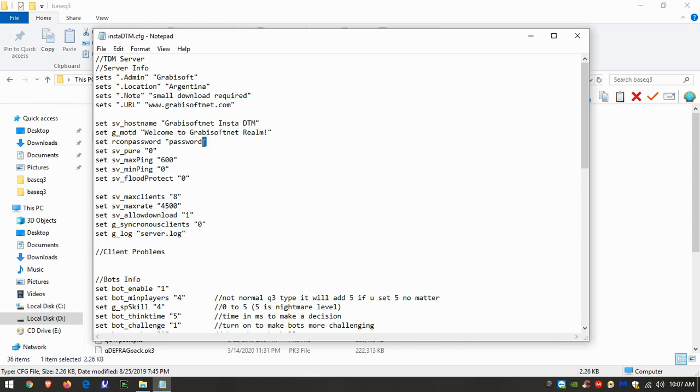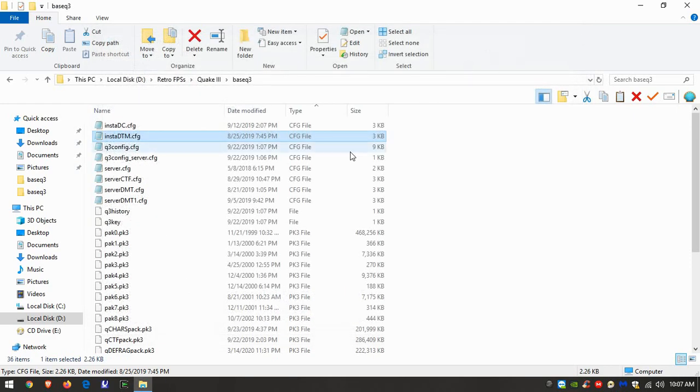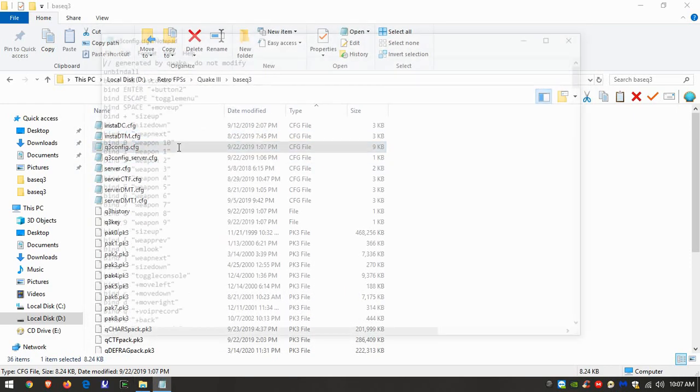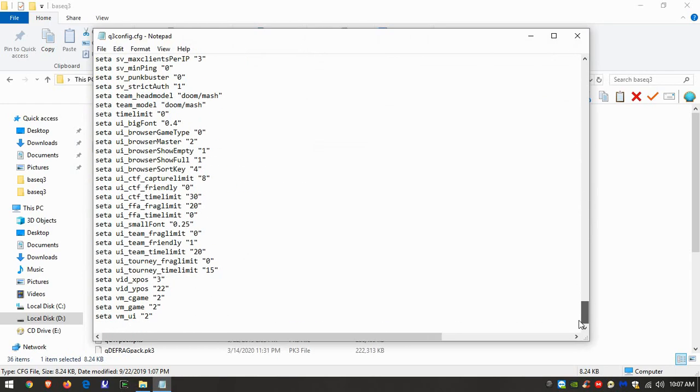I don't remember how these are called. Okay, password. Use whatever password you want. Once you add this, just save it, and then go into your QUAKE free config file, and then